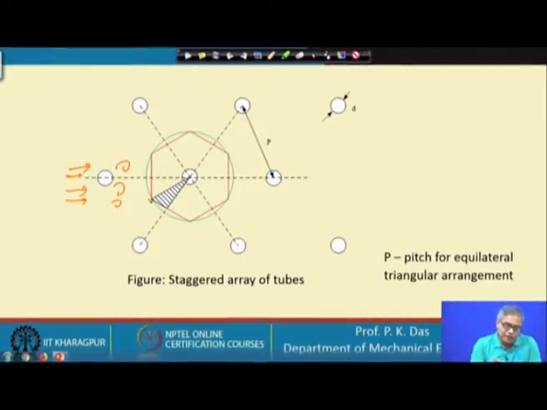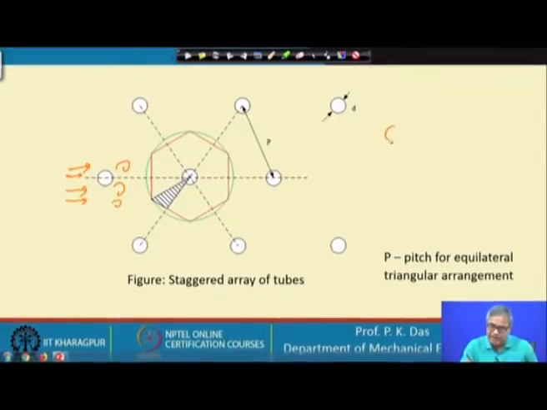The vortex will give some sort of mixing, and if I have this staggered arrangement, we will get good mixing, and this vortex is not directly coming onto the next tube. Its effect will be felt on the other tube, where these vortices have died down a little bit. So, we will have a good mixture when we are having the staggered tube.